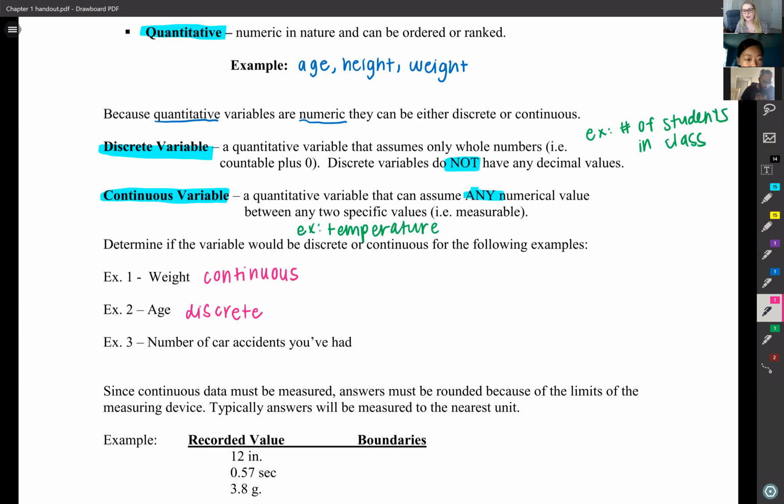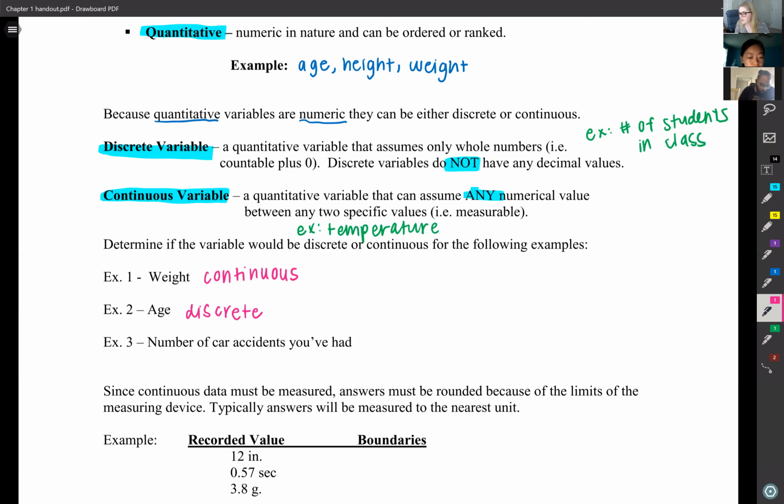Because if you walked up to someone and asked them their age, they're probably not going to look at you and say, I'm 16.73 years old. No one says things like that. So in our usual sense, we say discrete, but a good point to Cameron and Cornelius both, that it does depend on the unit that you're measuring it in. So if you were being exact, it could be continuous. Just wanted to bring that up because it's kind of interesting.